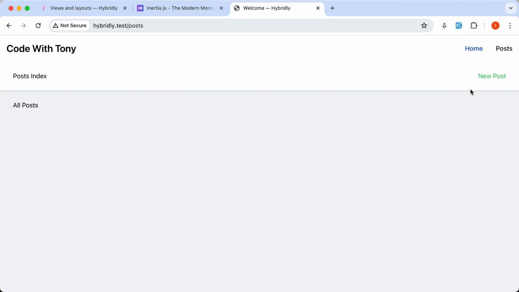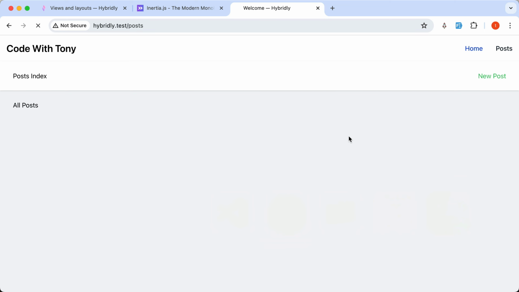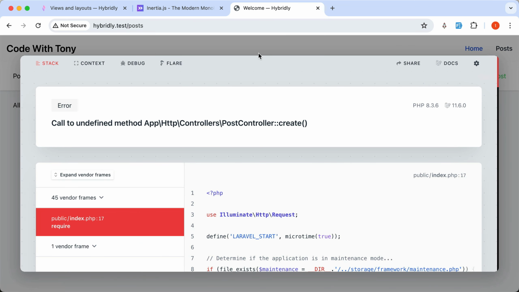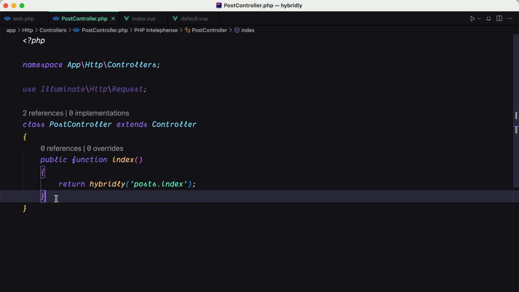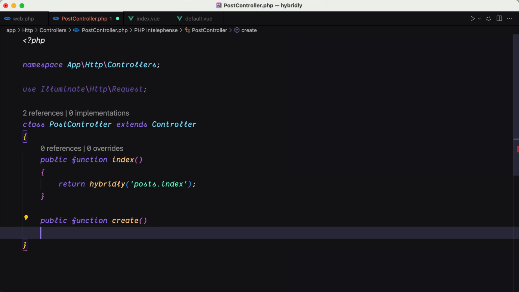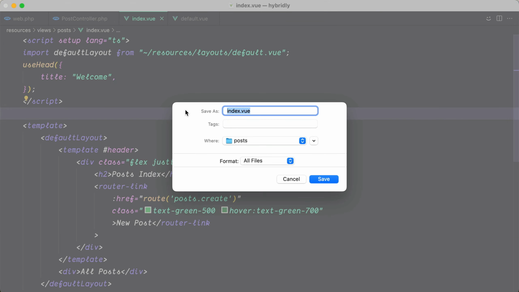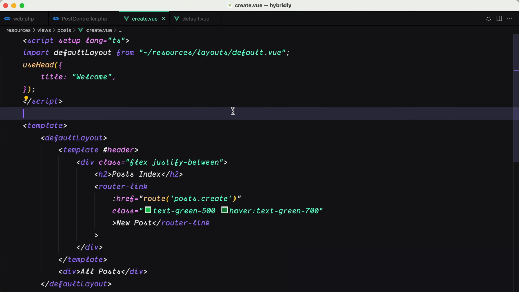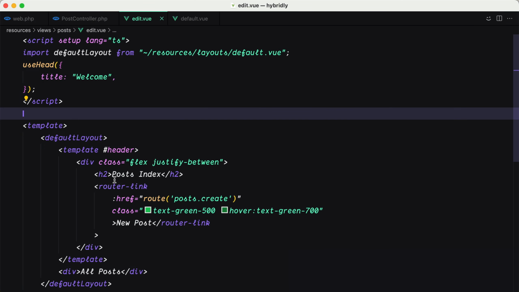If I save, we have this link here. We need to say router. Okay, now, yeah, but we don't have the create method. We need to go to post controller, and let's create the create method returning the post create. We don't have the create, so let's go and save this as a create view, and also I'm going to save as an edit view. Just on the edit we can say